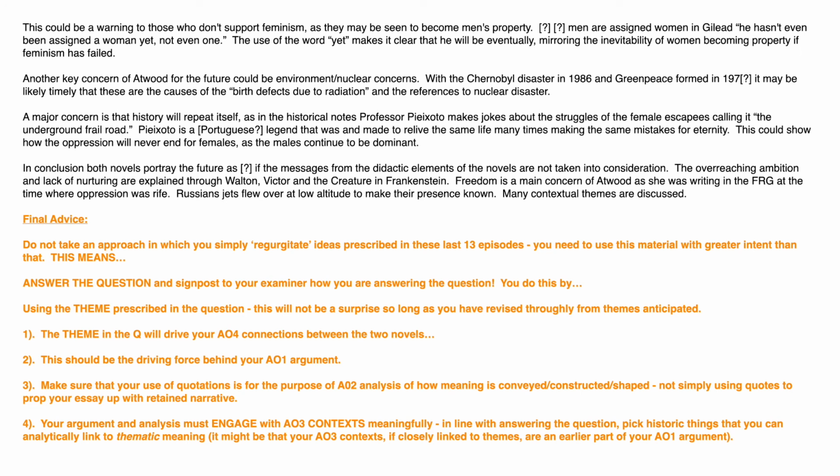Another key concern of Atwood for the future could be environment nuclear concerns. With the Chernobyl disaster in 1986 and Greenpeace formed in 1974-9, it may be likely, timely, that these are the causes of the birth defects due to radiation and the references to nuclear disaster. A major concern is that history will repeat itself, as in the historical notes Professor Piexoto